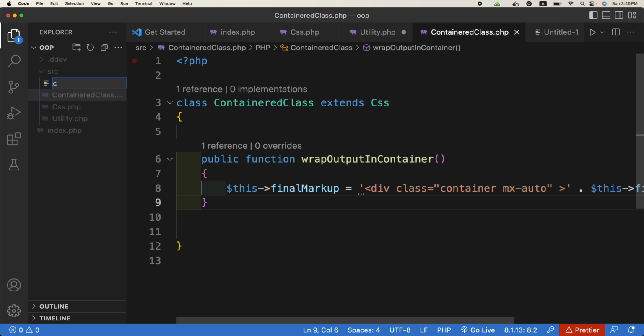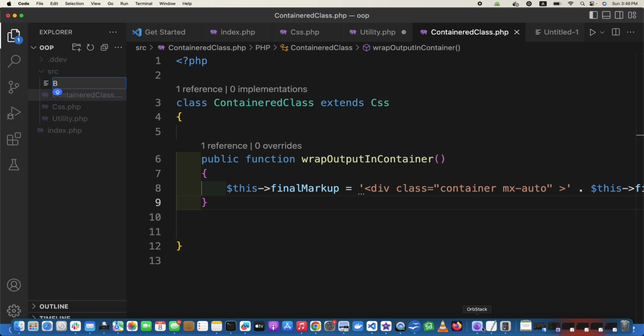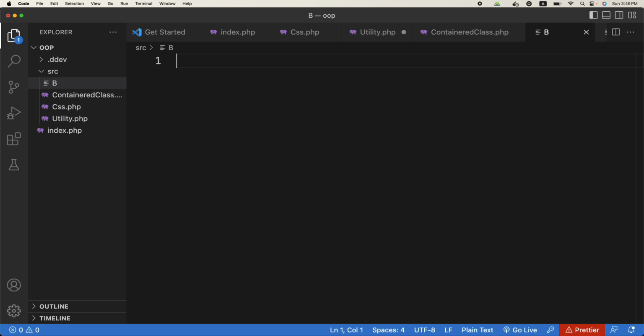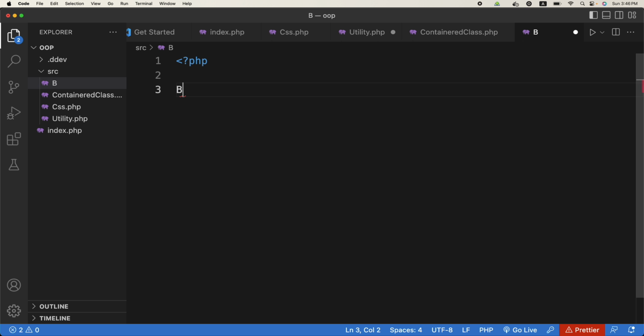So we'll create a class and call it, what can we call it? I think I have written it somewhere. Okay, let us give it some name, whatever it is. So the purpose of this class is to give borders, so we can call it borders maker. Class border maker